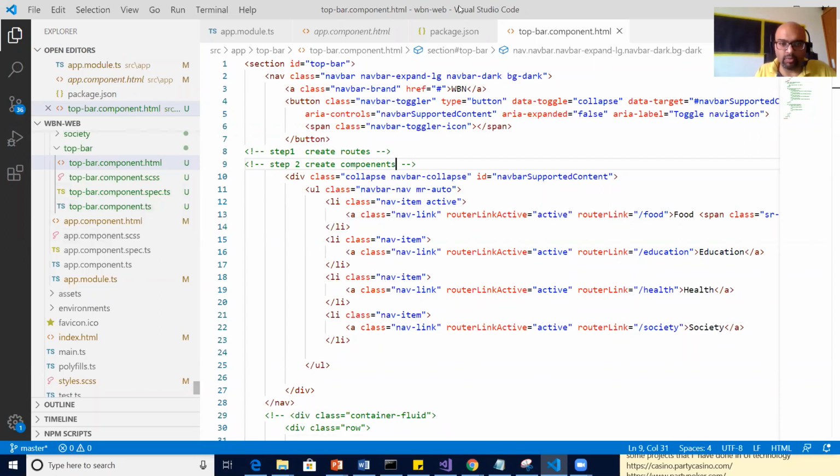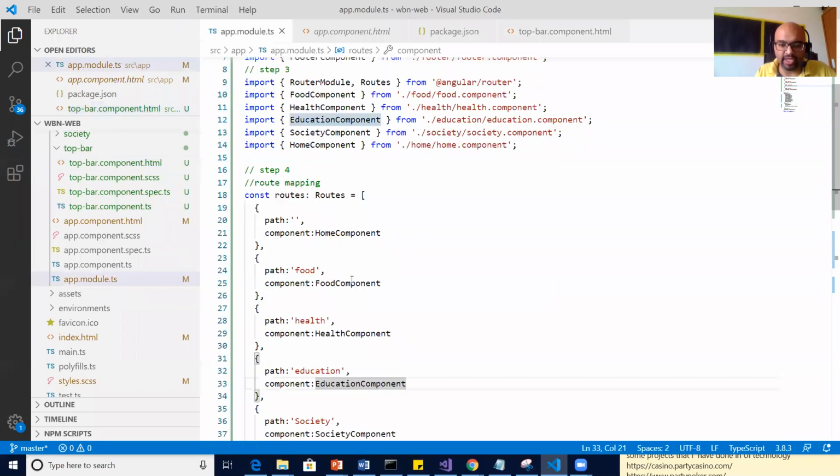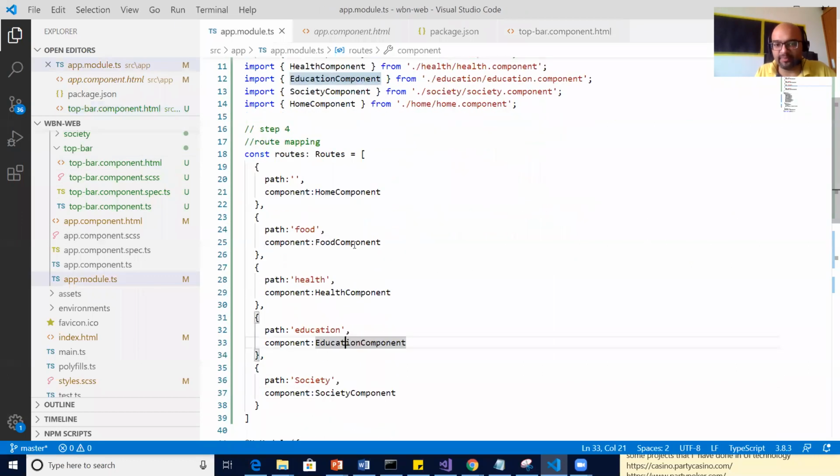So now with step 5, where we reached is that the router module is ready with the education component. Now you tell me what should be step 6. Put it in the chat if you are not in a state to speak.